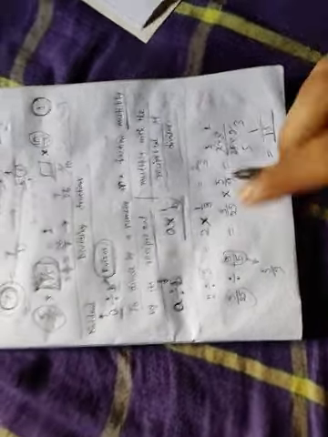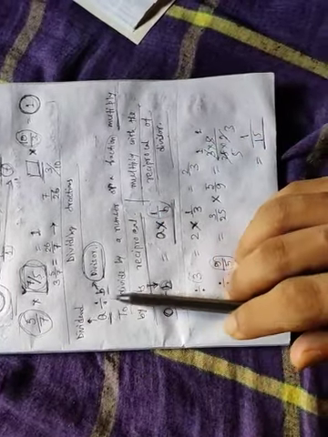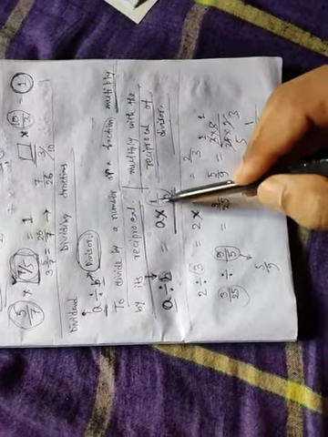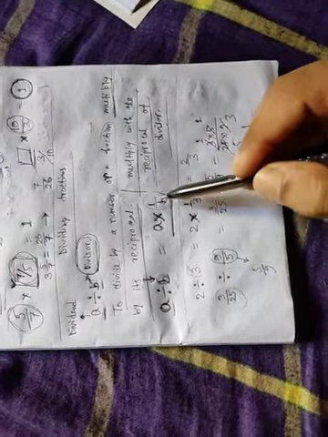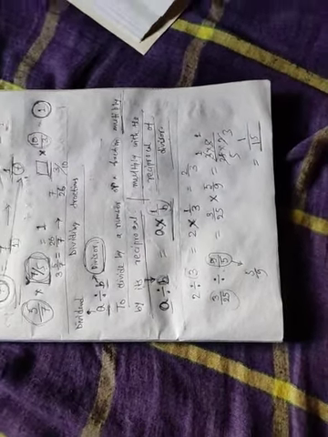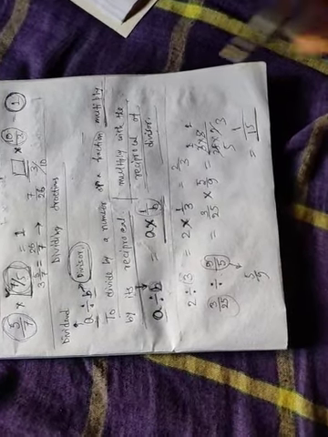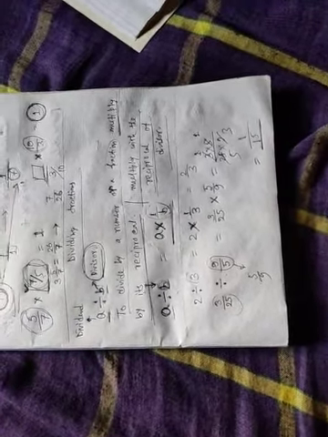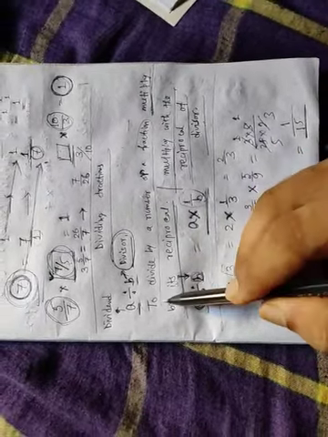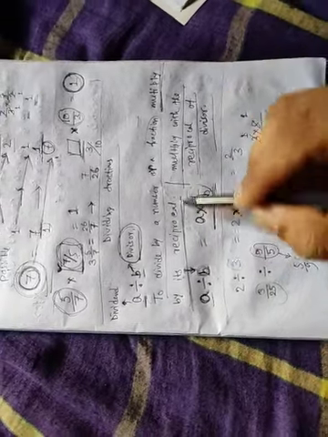Again I am telling you, to find the division, the dividend will not be changed, but you have to multiply with the reciprocal of the divisor. That means division is actually multiplication, but multiplication by the reciprocal of the divisor. Clear, students? So to divide a number or a fraction, multiply by its reciprocal.